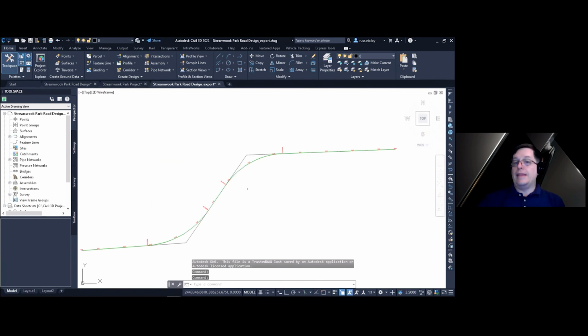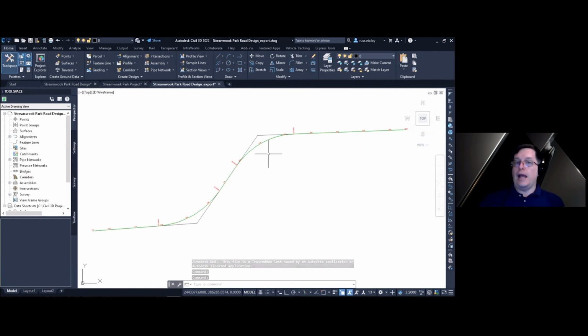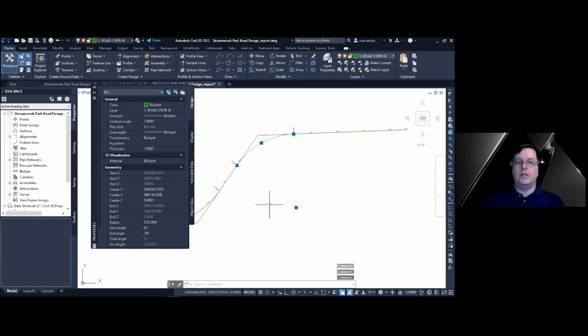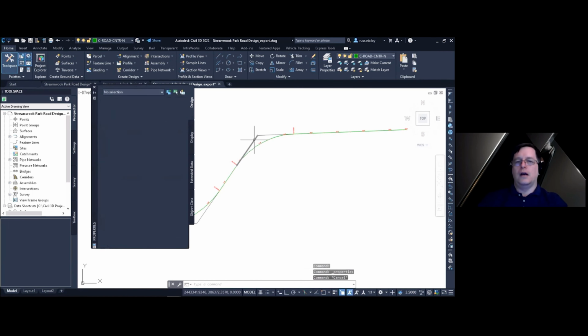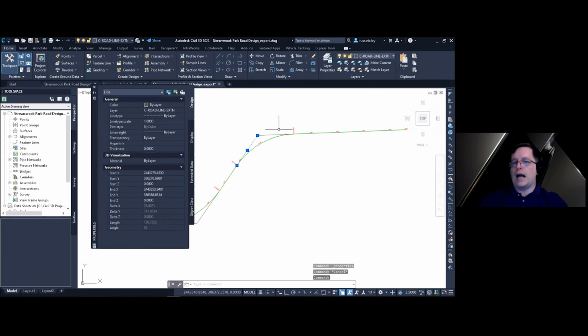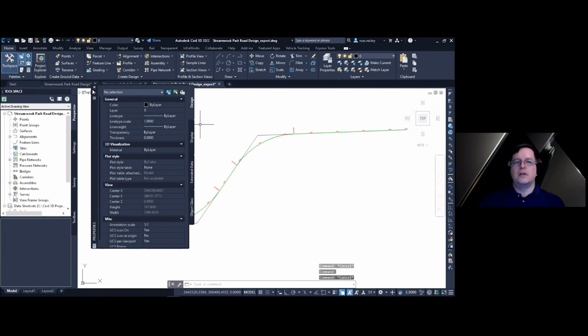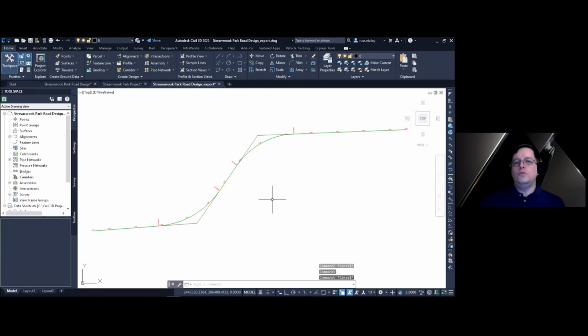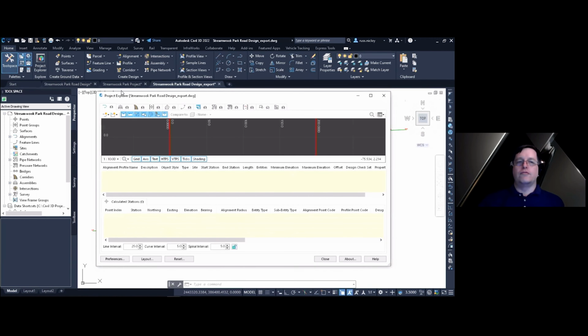That very much looks like the alignment that I had in there, but you'll notice that it is not an alignment. This is a 2D drawing file. That's an arc. We have lines, we have blocks and text for the labels. And so that is a 2D drawing file. Perfect if that is something that you need for your deliverable set. So that is something that you can do from Project Explorer in there.